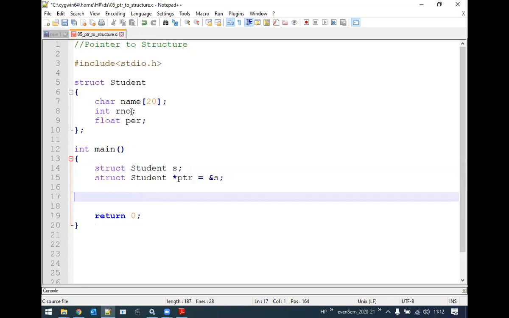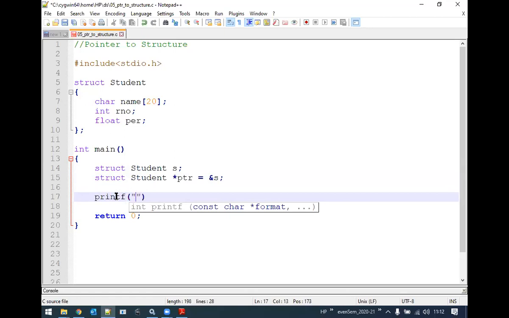For the reading part, that is input operations, I will make use of the structure variable, and for output operations, that is the printing part, I will make use of the pointer variable, so that both concepts are covered here. Now let us write certain printf statements.